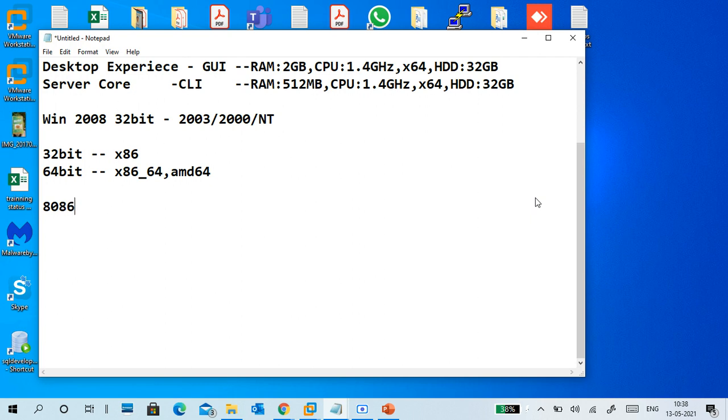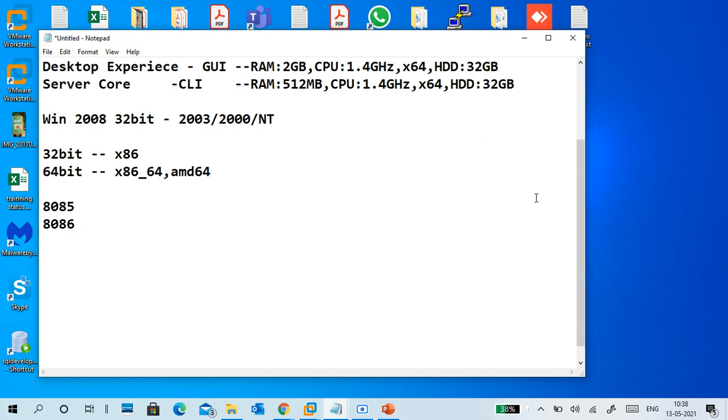The 8086 processor is there. So Intel manufactured different processors from 4004, 4080, 8008, 8080, like that. So we learned 8085, then 8086. Different processors, like 4004 means 4-bit processor, 8008 means 8-bit processor.